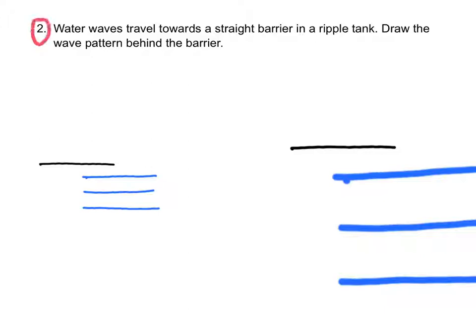Question number 2. When the wavelength is small, the diffraction is less significant. Therefore, after the wave passes through the obstacles, it will, in this form,